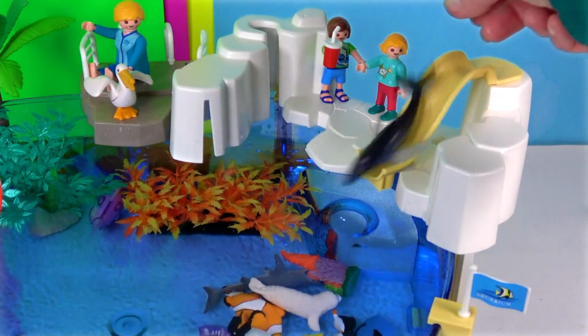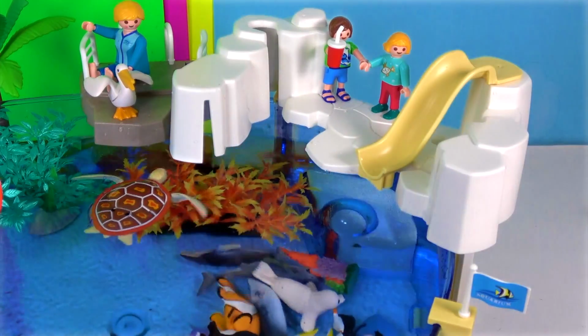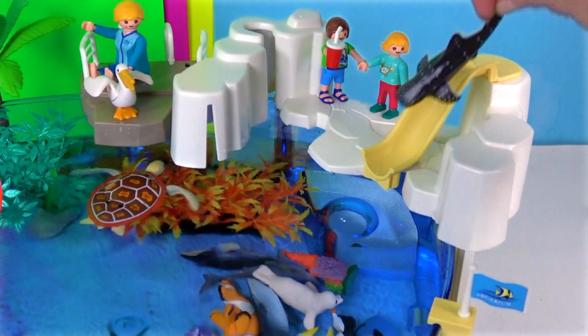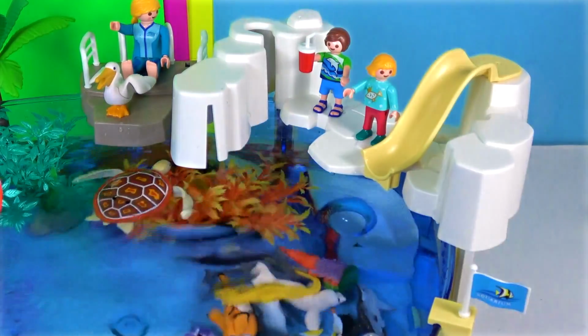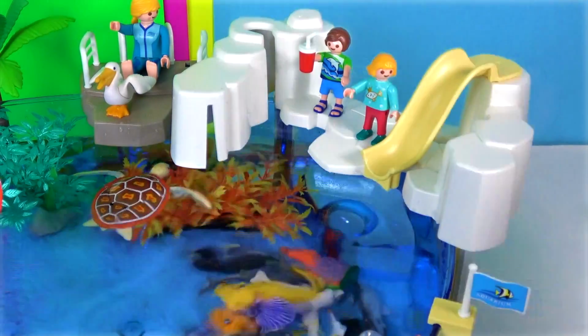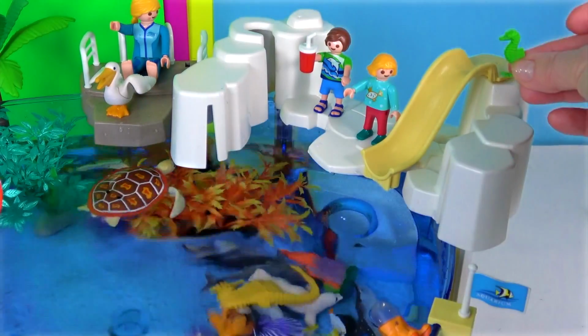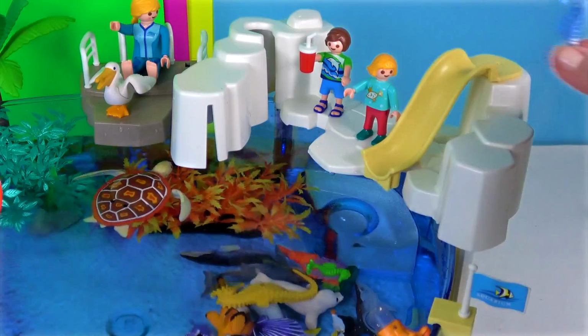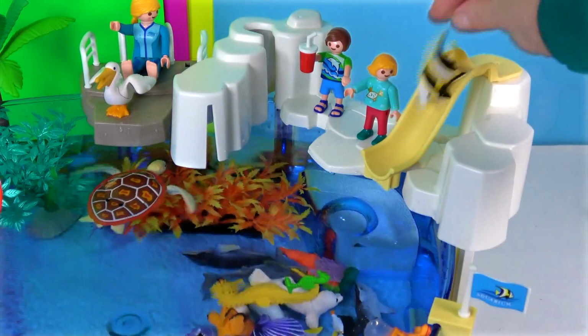humpbacked whale, a blue whale, a whale shark, a yellow seahorse, a purple shell, a red fish, a little green seahorse, a blue seahorse, a Moorish idol,